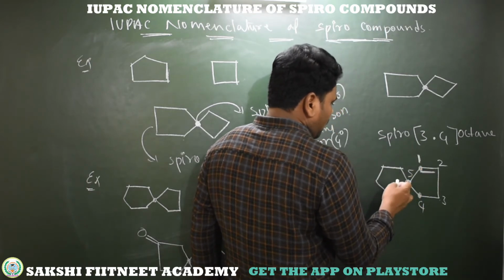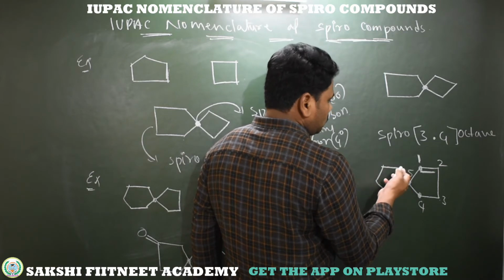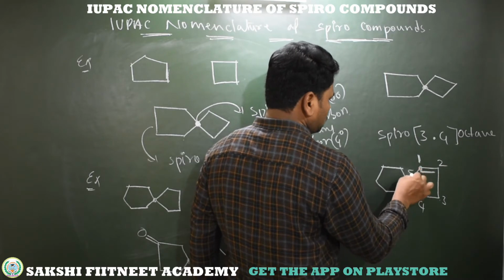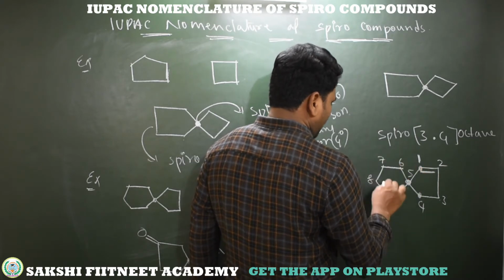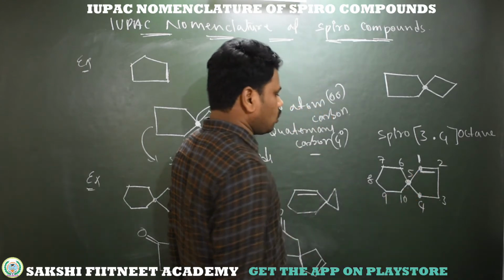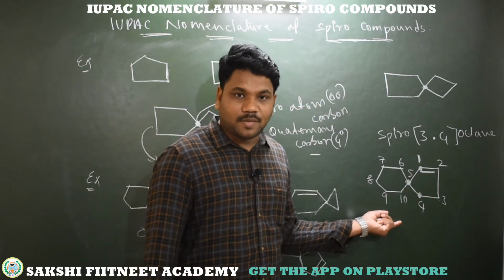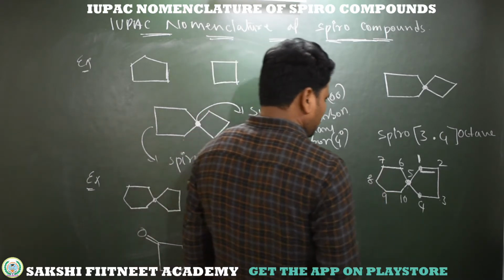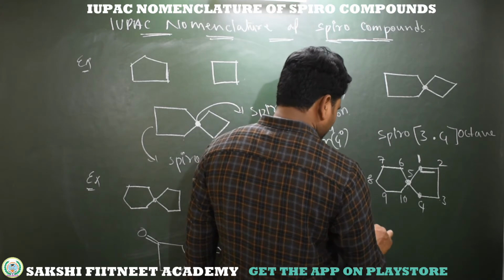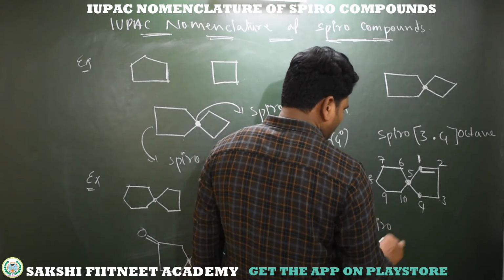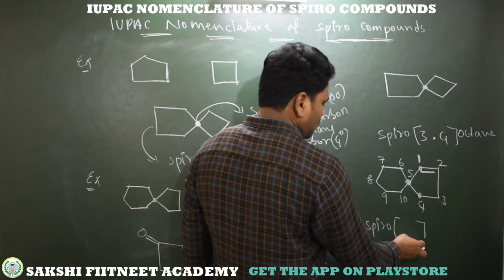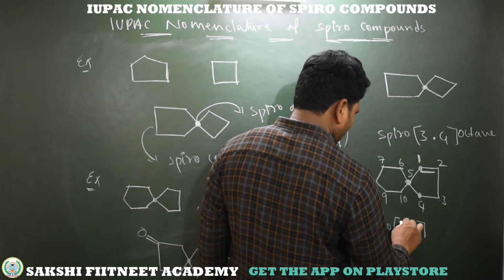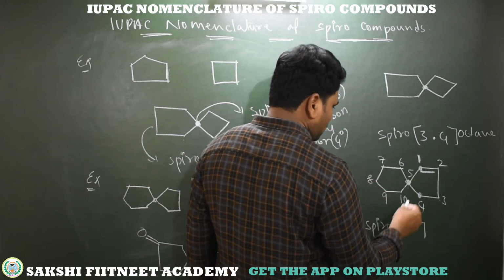See here, after this spirocarbon you can continue anticlockwise or clockwise. I'm following anticlockwise: 5, 6, 7, 8, 9, 10. So the total number of carbons in this spiro compound is 10. Now I'm writing the IUPAC name for this compound. The name starts with the prefix spiro. I'm keeping a square bracket to mention the number of carbons in both cyclic rings. This is a small ring with 4 carbons, and this is a large ring with 5 carbons,